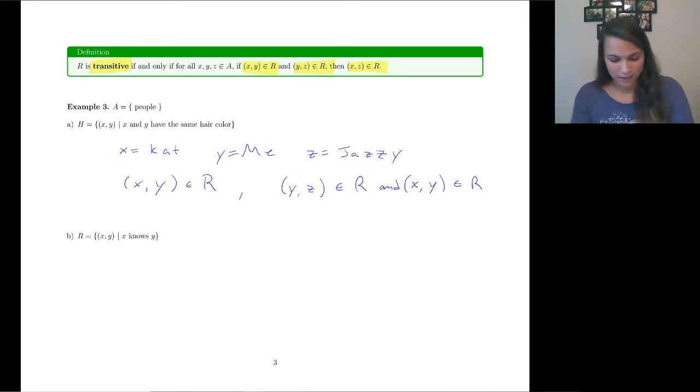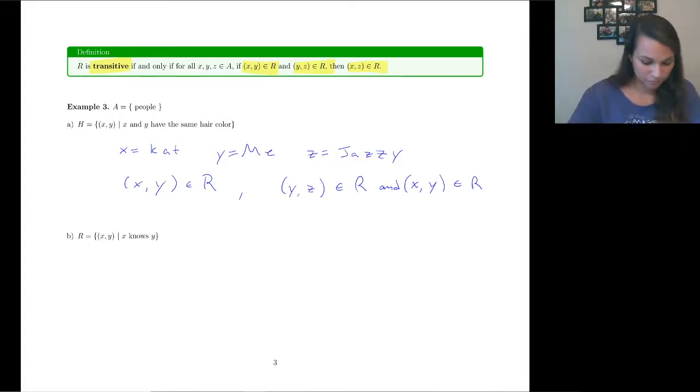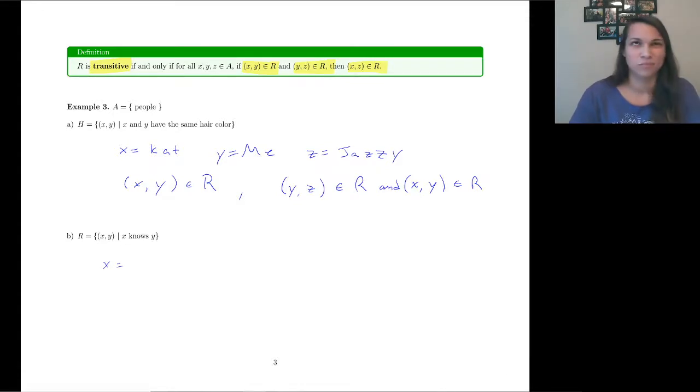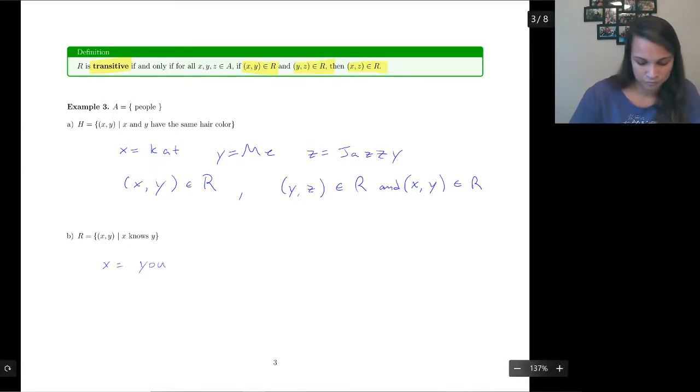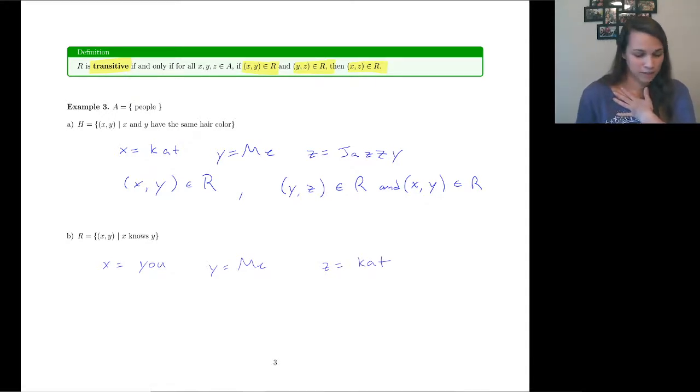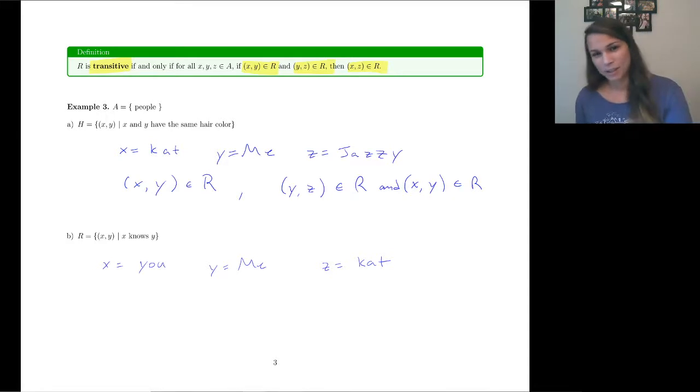Something that would not be transitive would be X knowing someone. So X would be, what would that be? I'll say you. And Y is going to be me, and Z is going to be Kat. I know you. I am your teacher. I know Kat. She is my best friend. I would honestly be very surprised